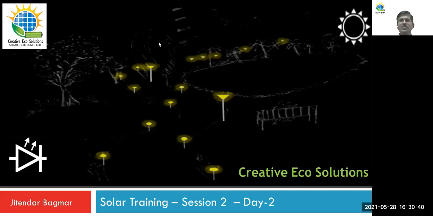Fine. Now in this session, we are going to find out what are the parameters required to design a solar power plant. Basically, now I have identified that let's say I need a 20 kilowatt system or a 10 kilowatt system for a client. Now I have to find out what kind of inverter, which solar panels, what kind of structures to be used. So we are going to talk about that in this session.